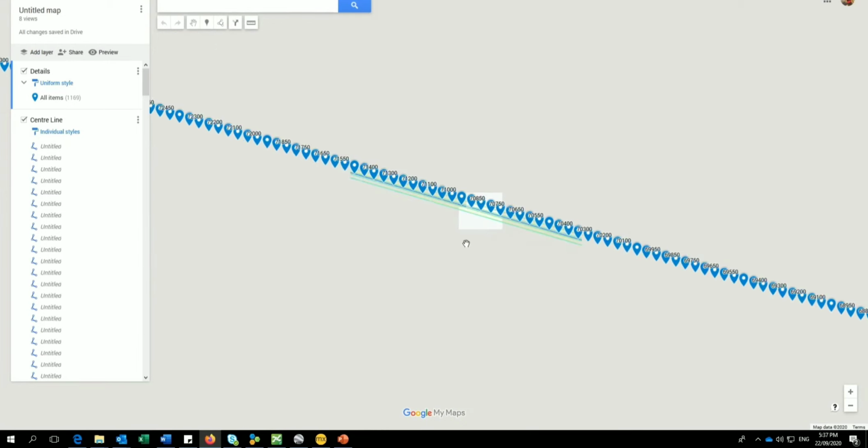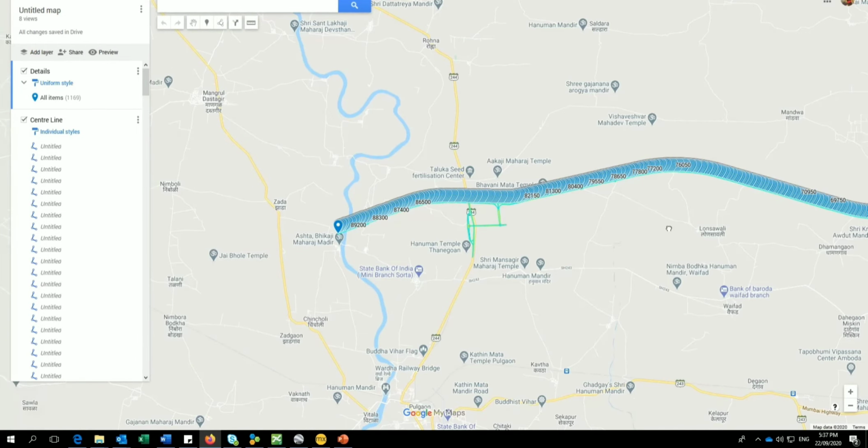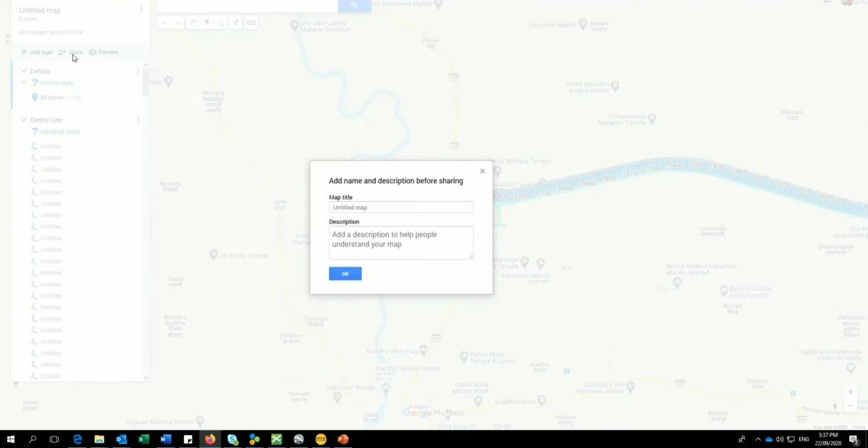What I want to say is that there is no requirement of third party apps for site visit, KML file, all those things. Now I am just making a name for this entire set of layers. Okay, road project, map with details.